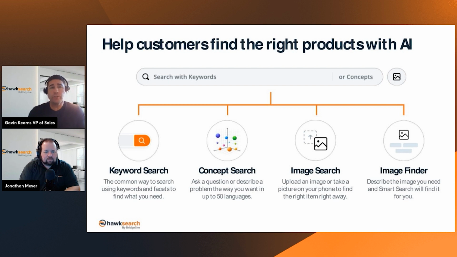That concept search and the image search is really going to help drive business and average order volume for you guys. And one of the cool things adding on to that, Gavin, is that the image finder, I think, sometimes people think about, well, image finder, what is that? And that's really the AI